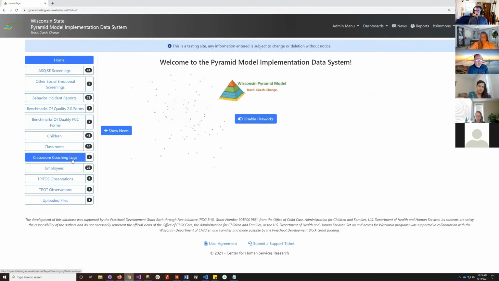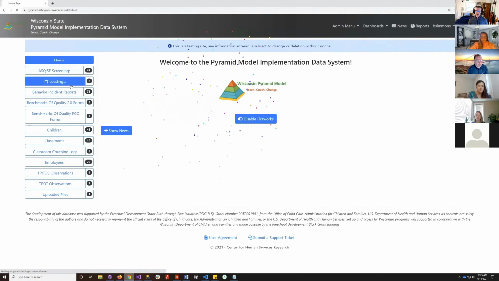Some of them are not technically pyramid related, like the Ages and Stages Questionnaire, Social Emotional. New York asked us to add that for themselves. And we also collect other screenings and assessments for children. So the ASQ-SE has its own form, so it's its own separate table and is recorded differently than any of the others. But we also allow you to enter information for DECA, for